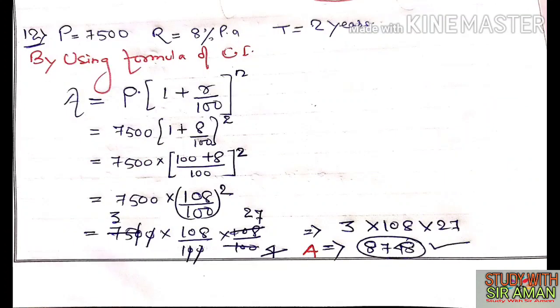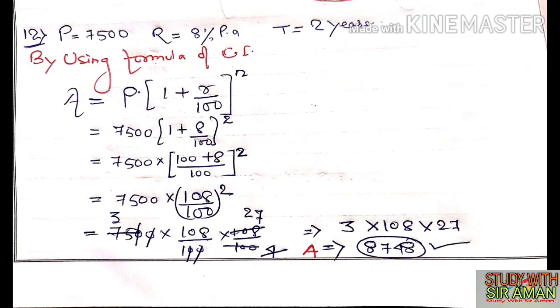Check, principal 7500, rate 8%, time 2 years. By using formula, A is equal to P bracket 1 plus r by 100, means first we need the amount. You can find 7500 into 1 plus 8 by 100, power 2, because time is 2 years. 7500 into, take LCM. How to plus? I have told you whenever you need to plus the fraction you have to take LCM. LCM will be 100, then 100 plus 8 by 100, then power 2 means square. Square means 2 times: 7500 into 108 by 100 into 108 by 100. Now you can calculate by yourself. Okay, now amount is coming 8748.